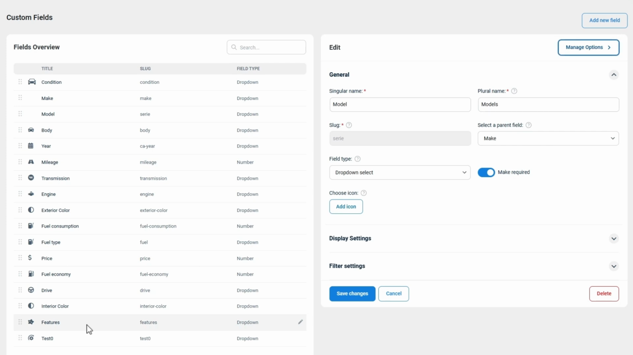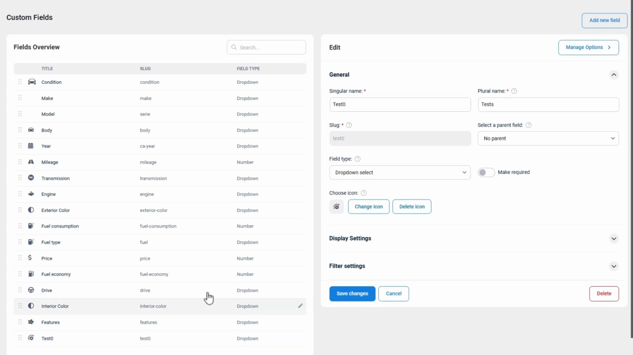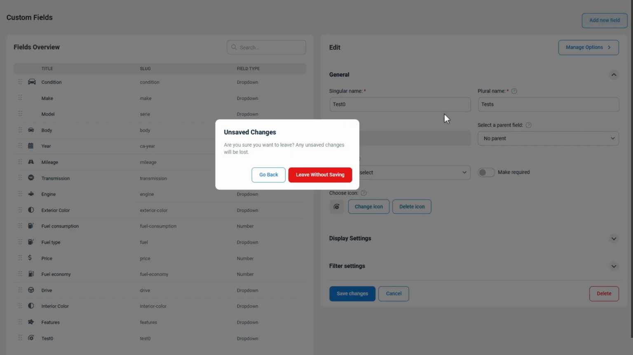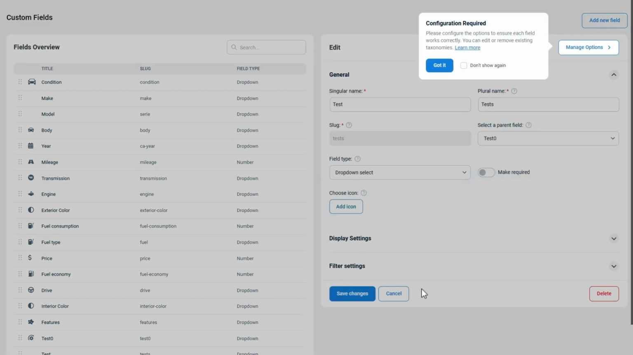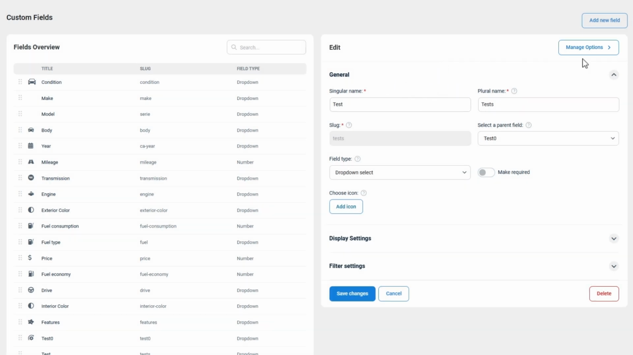One more example, just to give you a solid knowledge. I'm gonna leave without saving and open test 0 fields. And I'm gonna create a new custom field, so add new fields. I'm gonna leave without saving. Singular name will be test, plural name will be tests, and slug will be also tests, and parent fields will be test 0. I'm gonna save it. Okay, got it. If I go to manage options,